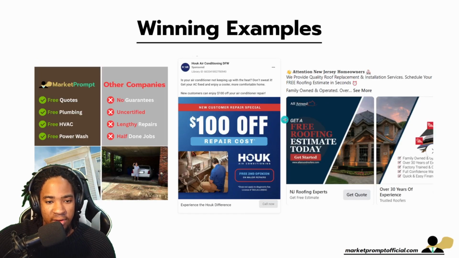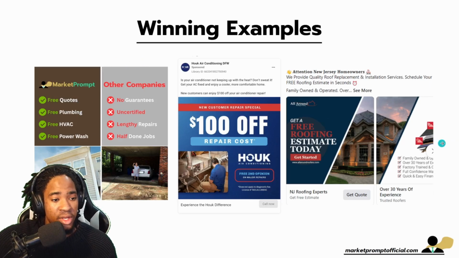You have a free bait on this one, right? You have a free roofing estimate. This one is a little discount, 100% off. This one is a comparison. And then you can get into basically putting your baits here or some of the things that you offer in comparison to other companies. That works as well. These are some winning examples that, once you get the copy right, you get the design right, you get the images and whatnot, you get it all loaded up,